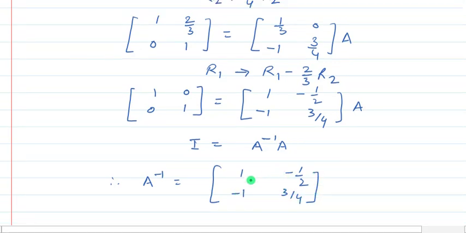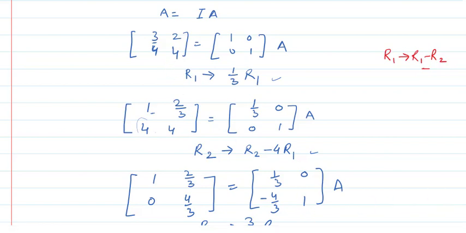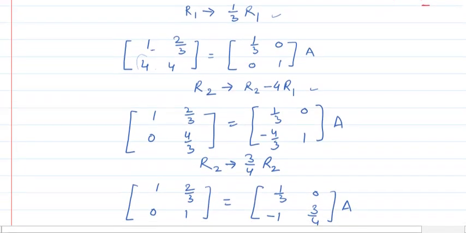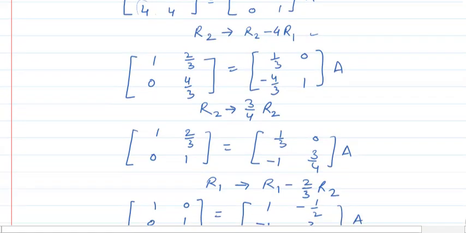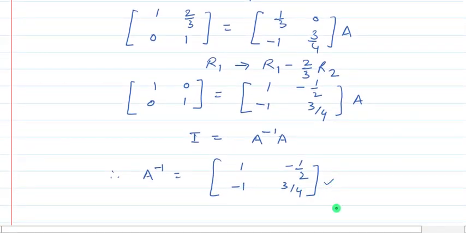We can check whether the result is correct or not. By multiplying this A inverse by the given matrix A, if we multiply both, we are getting the matrix I itself. So therefore it will be the proof that the answer that we are getting for A inverse is correct. So you may cross check your answer as well.